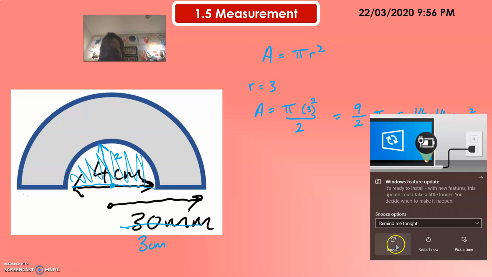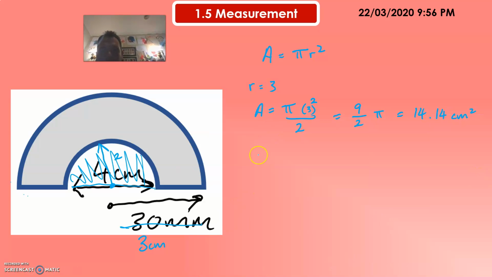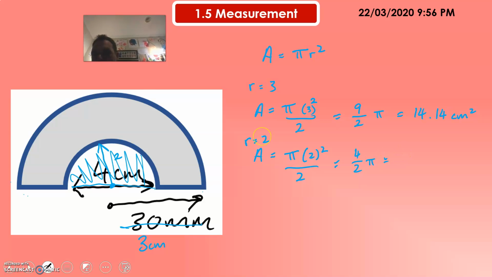Okay, so the area for the second one where r is equal to 2. Okay, so same formula as before, so pi times 2 squared divided by 2. A little bit easier, you end up with 4 divided by 2 pi, which is equal to 4 divided by 2 is equal to 2, which is equal to 2 times pi, which is equal to 6.28